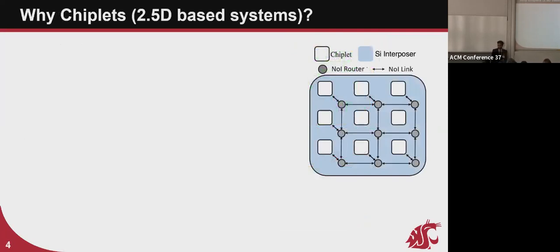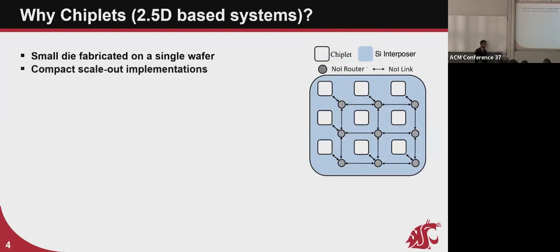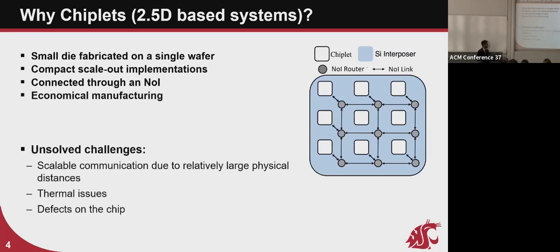So why chiplet in the first place? So we'll talk about what is chiplet. So we take this bigger chip and we divide it into smaller dies, which are fabricated on a single wafer. As you see over here in this figure, we have white chiplets. Each of them have their own router, and they're connected by these links, which are double arrowed links. So it's a compact scale out implementation, and they're connected through this network, the NOI that I was talking about earlier. However, in this case, because the yield improves, because the defects are amortized on a smaller die,